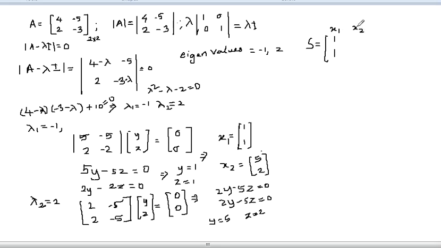Those many have to be the columns. Here only 2 eigenvectors are there, with eigenvalues 5 and 2. Then the theorem says that if these 2 are linearly independent, and S is a matrix wherein the eigenvectors are the columns, then